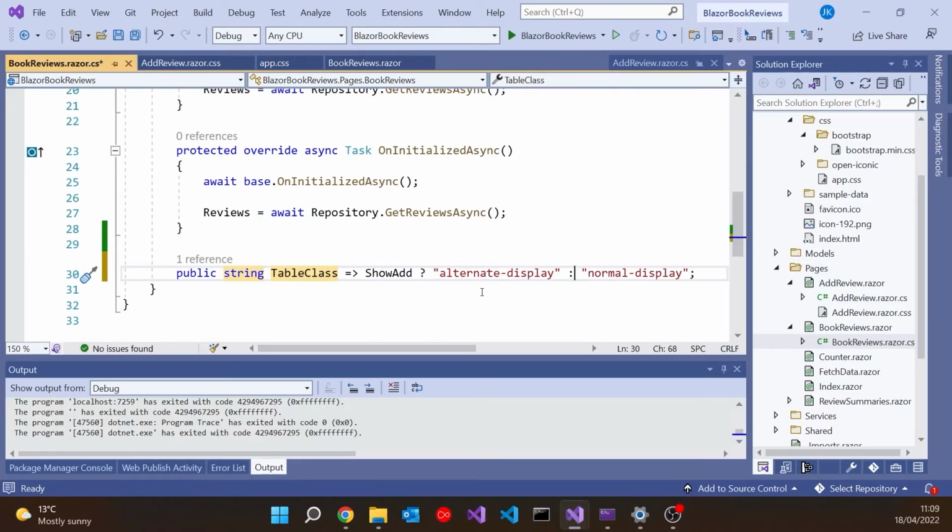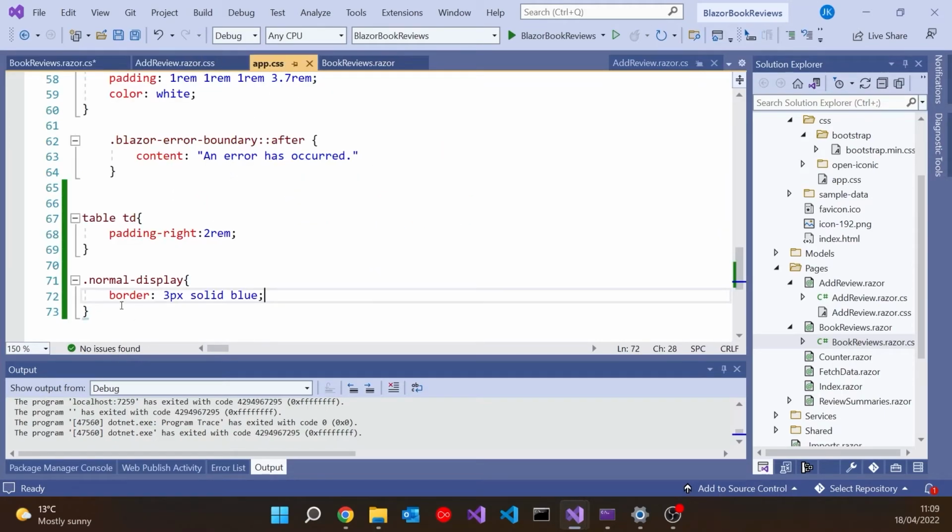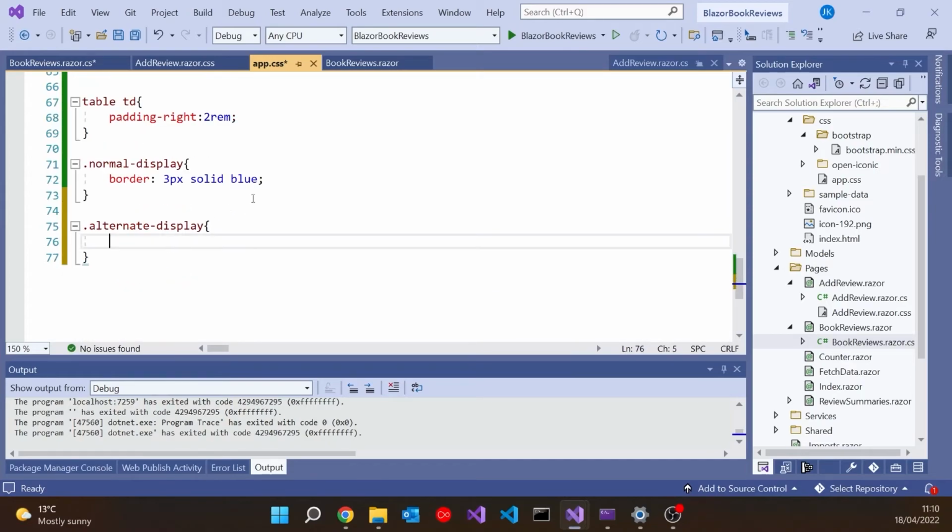So that's actually going to switch dynamically, and then let's take that alternate-display and back in here let's change that to green. So the details of what we're doing don't really matter very much, it's just showing the mechanism of how it works. So if we run that one up